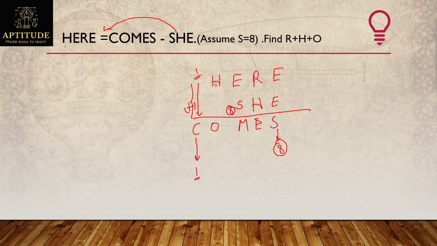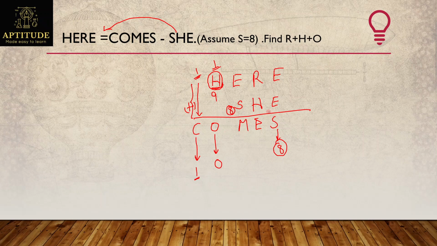And when can I get a carryover? Obviously here, if I get a 2-digit value, I can get a carryover 1. But for H I am not adding any value here, but still I am getting a carryover, which means H value should be 9, and if I get a carryover here also, then I can get 9 plus 1, 10. 1 is carried to the other side and O value will become 0.